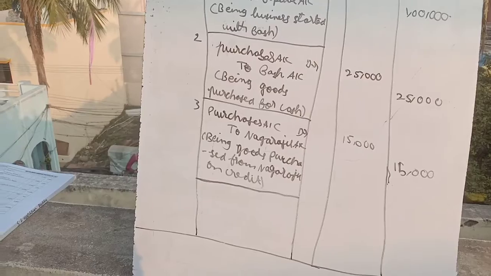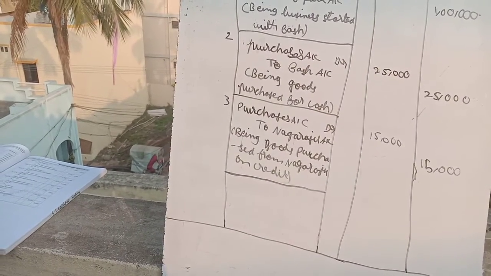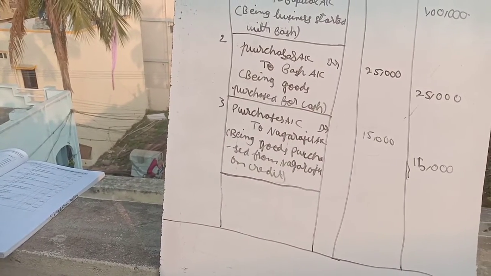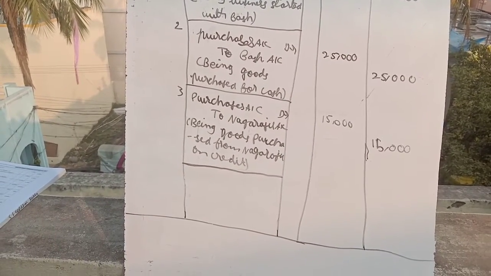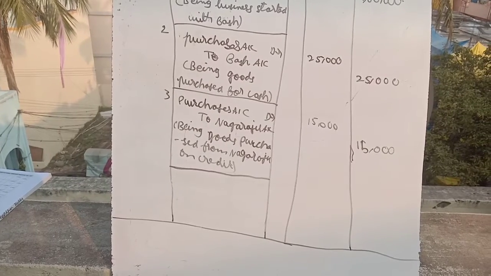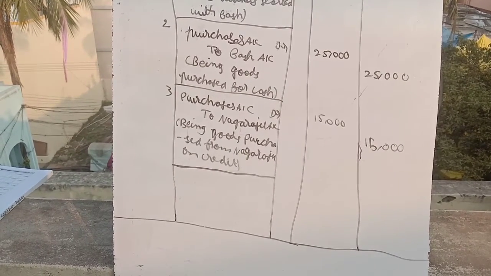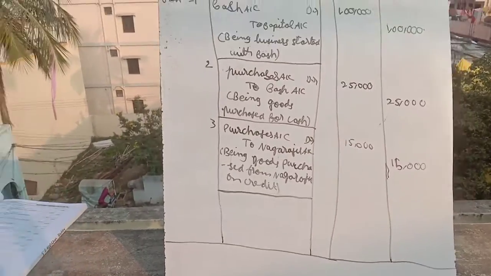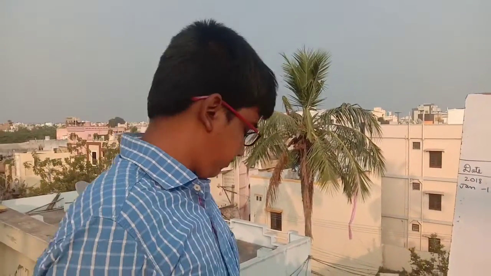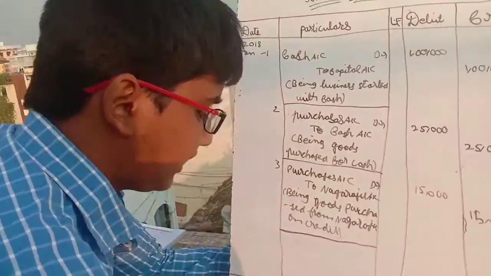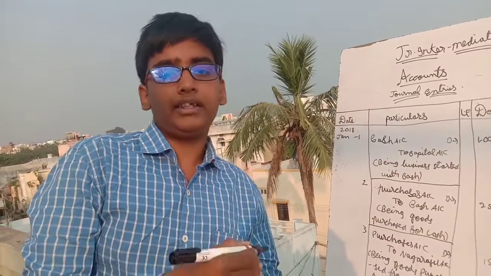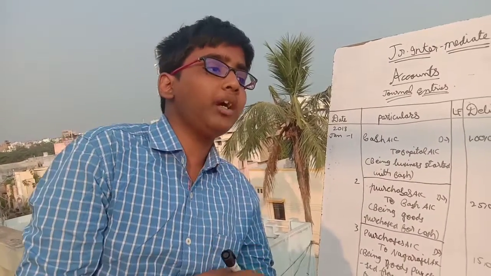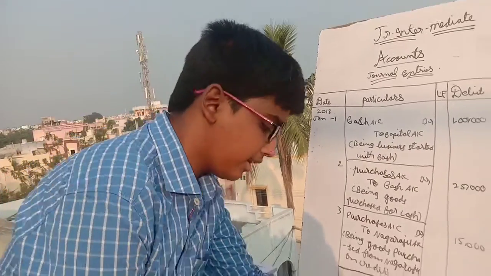We will check. Goods returned to Bhavani. Here the transaction has been given. It means some days ago we purchased goods from Bhavani, and now we are returning goods to Bhavani. When we purchase goods, we write the purchase account debit. When we return goods, we write Bhavani account debit to purchase returns account. So we are returning goods to Bhavani. Here who is receiving the goods? Bhavani. And since we are returning goods, the purchase returns account will be created. If cash comes when we return goods, then cash account debit to Bhavani account.